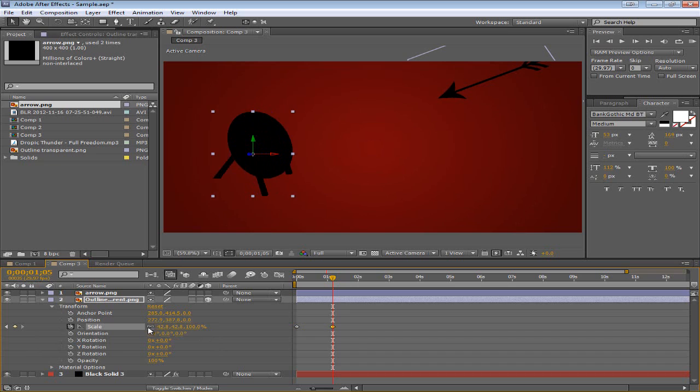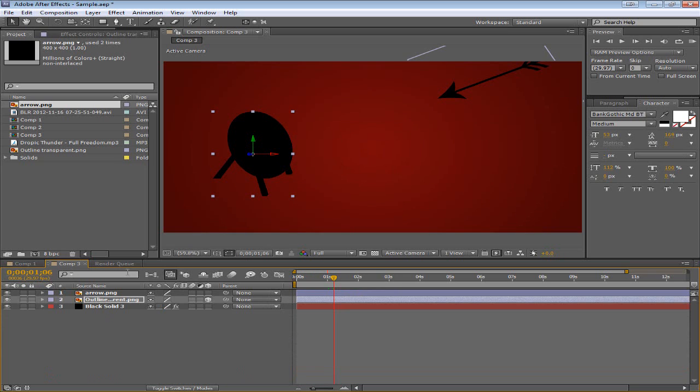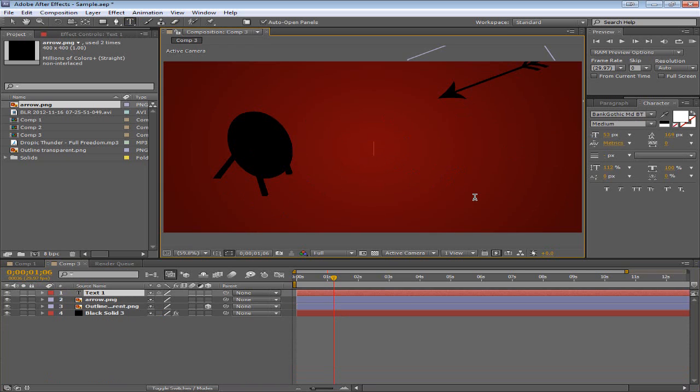Something to notice is that there will be a link right here. You need to unclick that so that it doesn't move together. Alright, so we've got that effect going, and that was pretty easy. Now what we want to do is add the text for the arrow, and it's pretty simple. Just paint Gothic, whatever font you want,